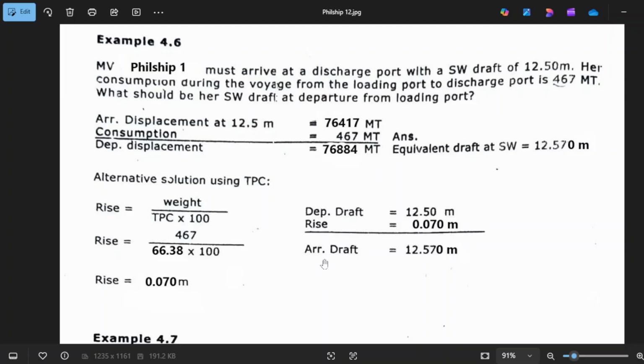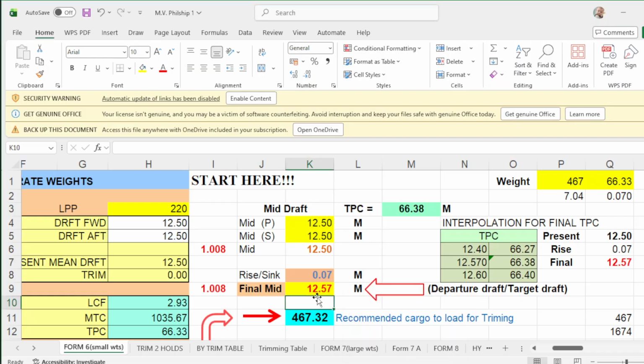This should be your departure drop at load port, which is exactly the same here, 12.57.